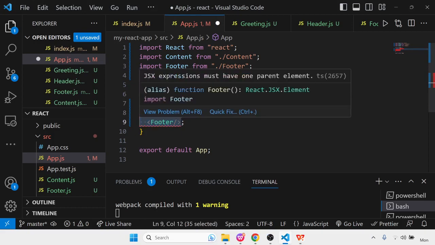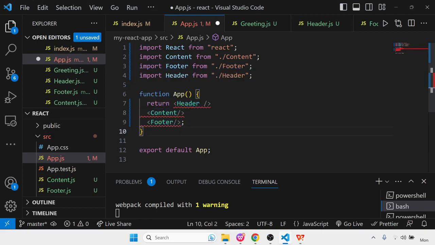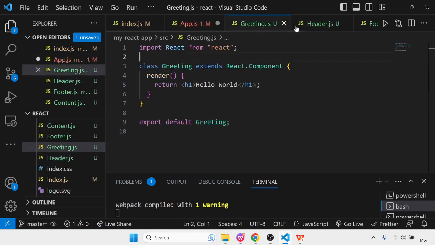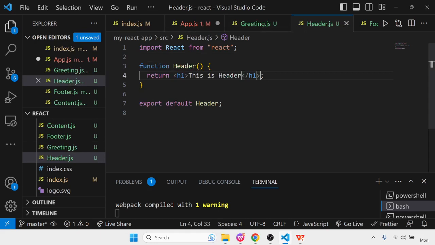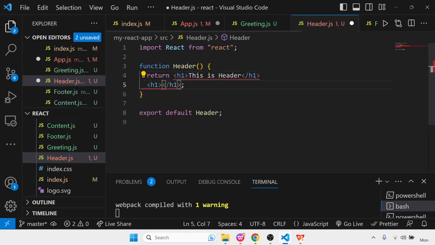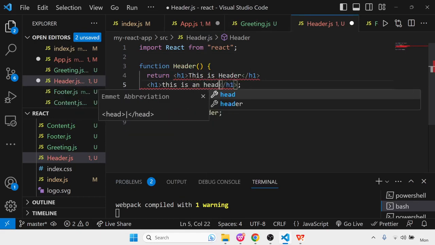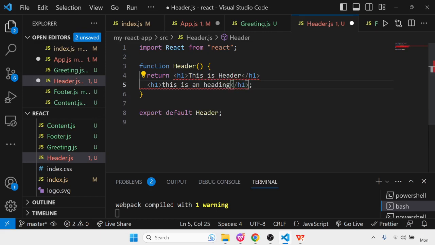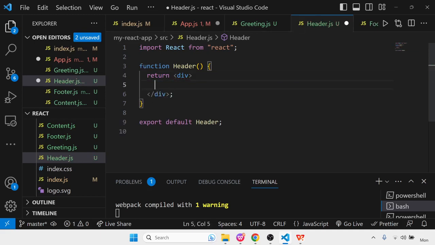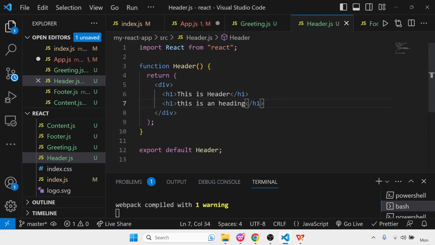You can also say multiple components or elements, because instead of these components, if we had other elements also, for example in our header, if I try to write another h1 heading, then you can see I'm getting an error, because these are not wrapped inside a single element. In order to avoid this error, we can add a parent div element, and inside that we can put our entire content. So I can remove it from here, and inside this, if we put it, our problem is now solved.